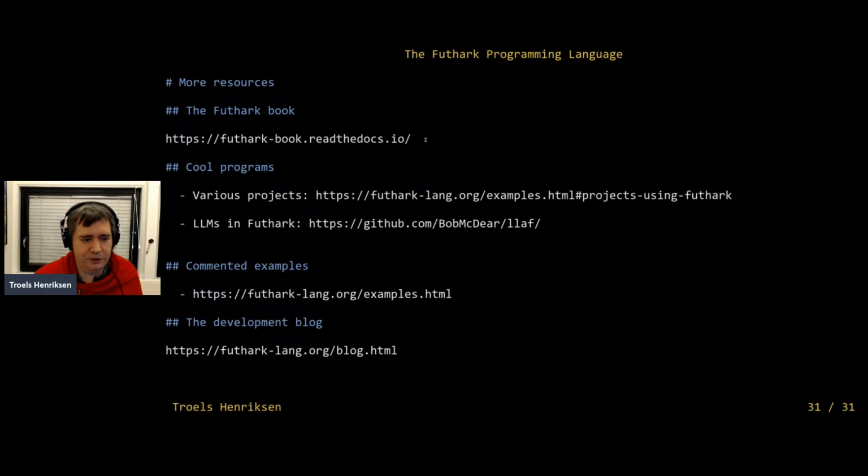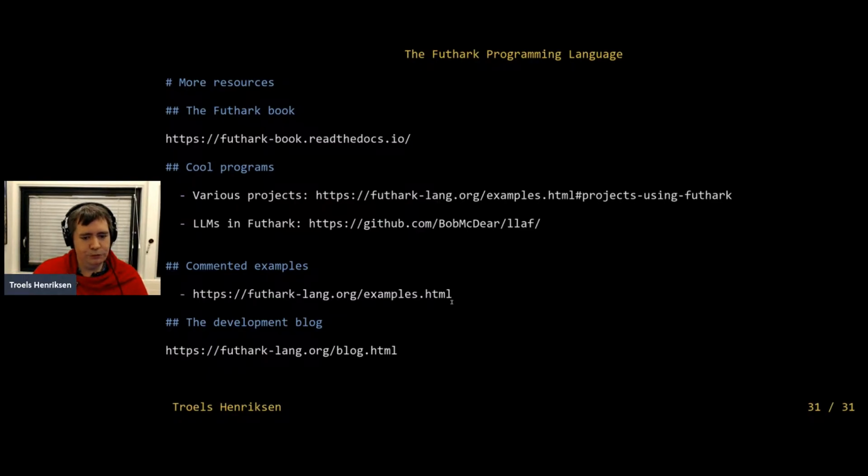And in particular, recently a person made an LLM in Futhark. It's not a very good LLM. It's a GPT-2, but I thought it's pretty neat, and it shows how you can use the size types. It very clearly shows the constraints of the size of different things. It's a very nice little program, but it does not generate very good text. It's very repetitive in its output.